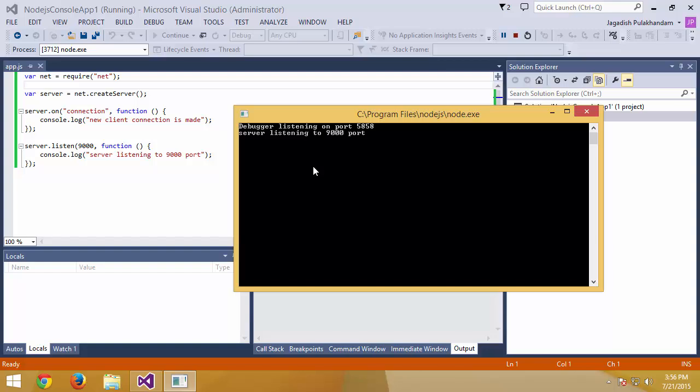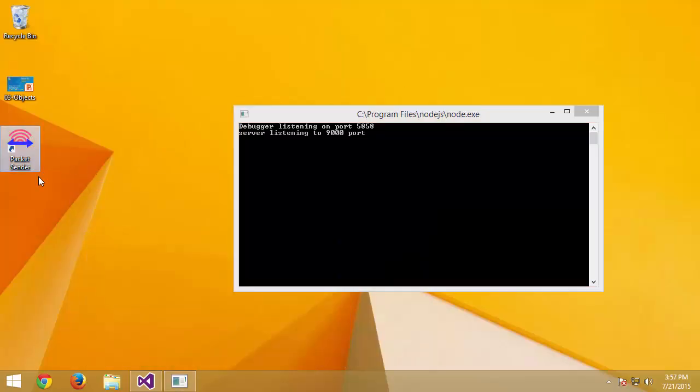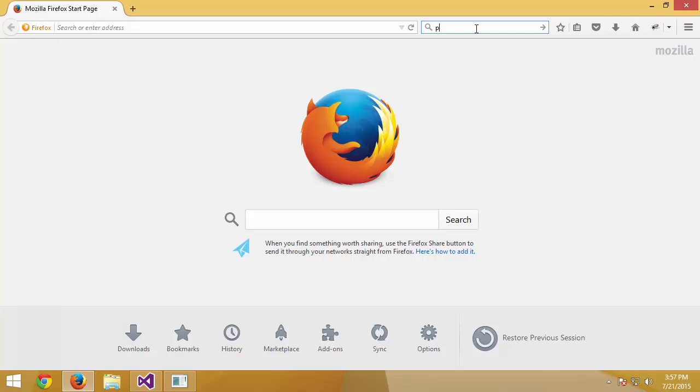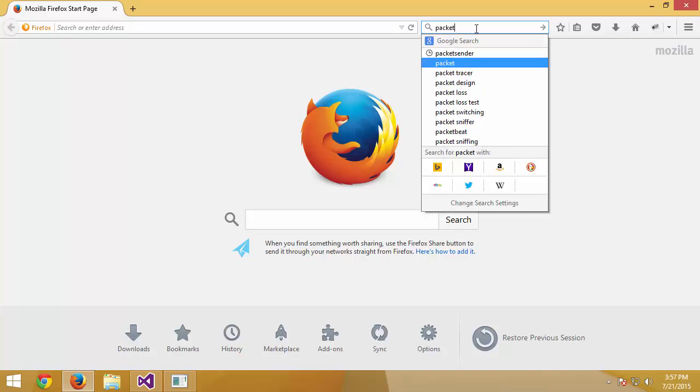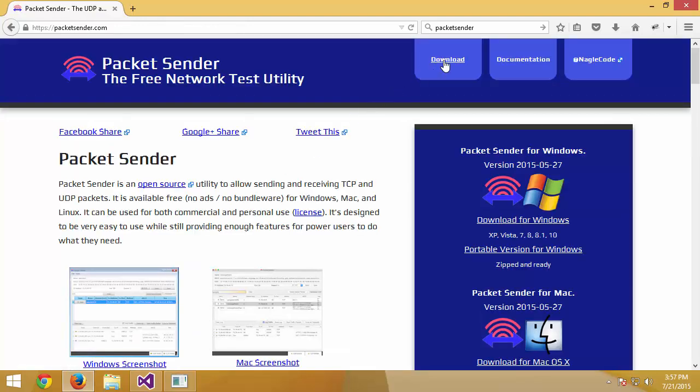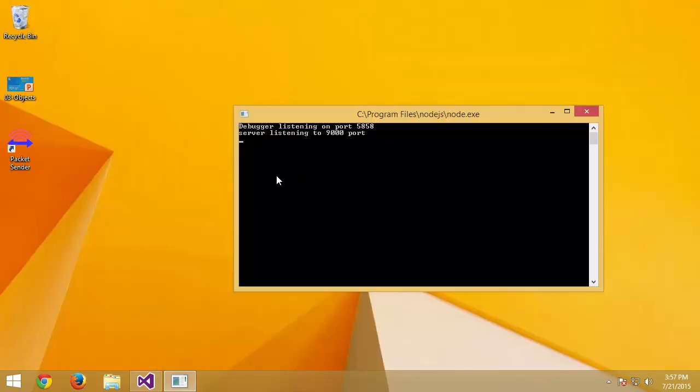But in this case I'm not going to develop any clients, but I have a special tool called packet sender, which is freely downloadable. So you can just go to the web and download packet sender. You go in here, and once you go there click on download, and you are good to go from there. Once you have that, all you have to do is open that packet sender,